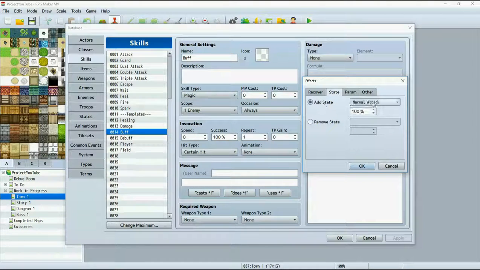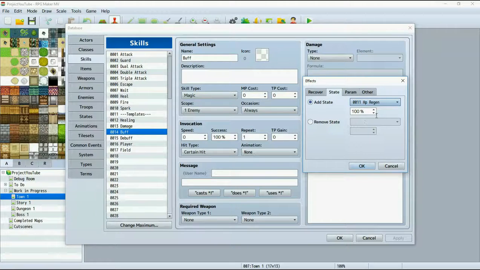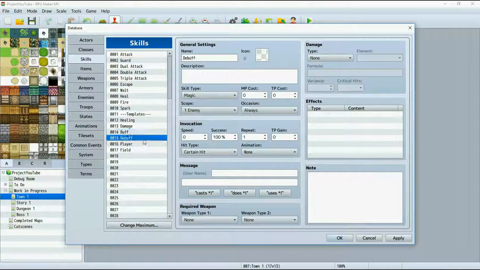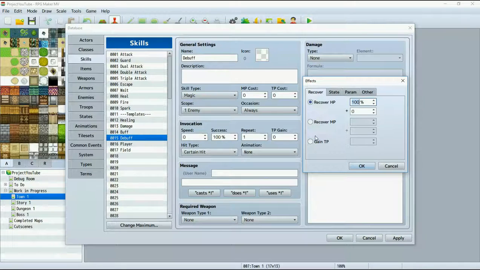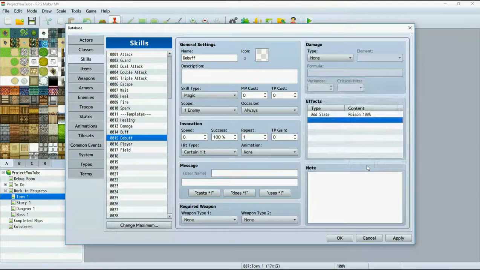So now we're going to go back to skills, and here for buff, I'm going to go to state, add state, and I'm going to add HP regen with a 100% chance, so it will always happen. And then for debuff, I'm going to make the opposite of the regen, so that's going to be the poison state in this case. And that's it. It's just going to be always a certain hit, so it's always going to succeed